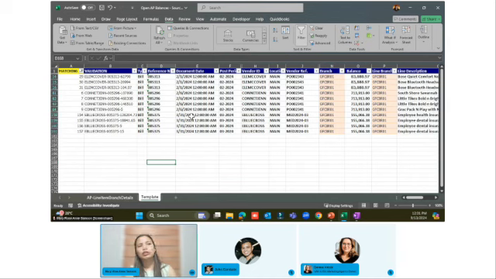So all the new data from Acumatica that we just imported has been fetched to our Excel file. As you can see, we have all the matching line numbers from our Acumatica data versus our legacy system. Okay.